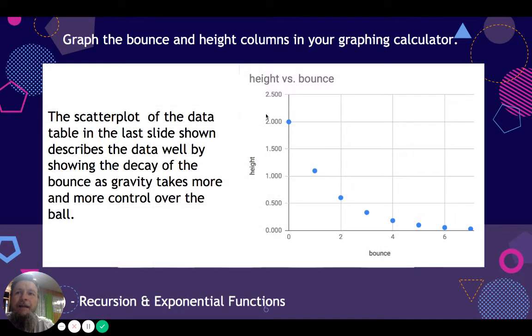Scatter plot of the data table is the last slide shown. It describes the data well by showing the decay of the bounce as gravity takes more and more control over the ball. Now think about that. That's what's going on. The bounce, if we had no gravity,